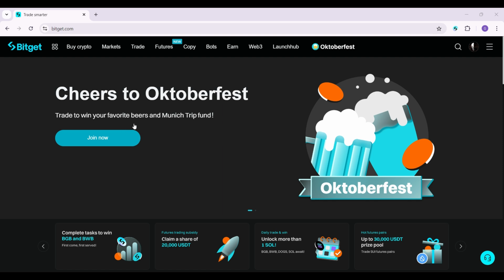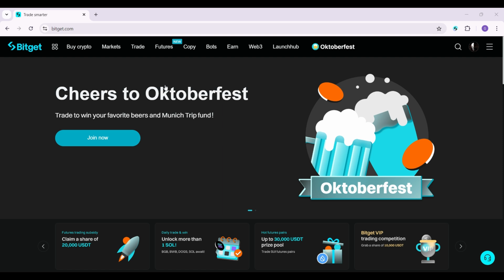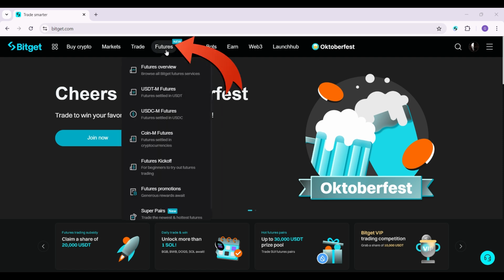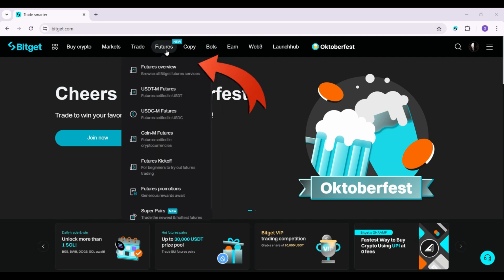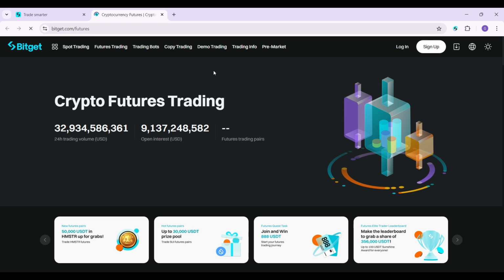Now initially what you guys have to do is simply hover over this button called Futures. Hover over it, and guys, this is it. From here, simply click on Futures Overview. Click on it right now. Once you do that, a new page will open up, and right here on the navbar, you can see a